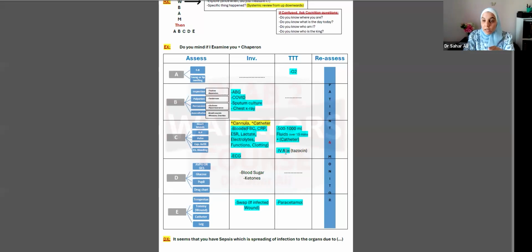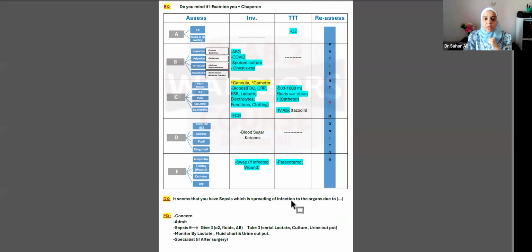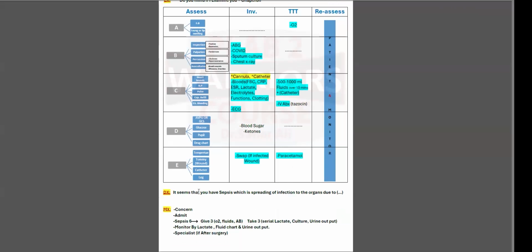I'm not sure if I missed telling you, doctors, once you suspect sepsis, give IV antibiotics, Tazocin, all right? And give paracetamol for fever, all right? And in the management,